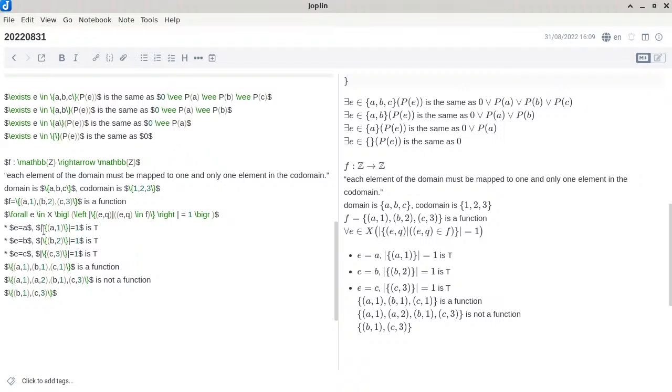Woohoo! That means this F here is indeed a function. Are we good so far? Are we clear how I am step by step applying the universally quantified statement to F as a potential function? Okay. So we'll go ahead and apply this